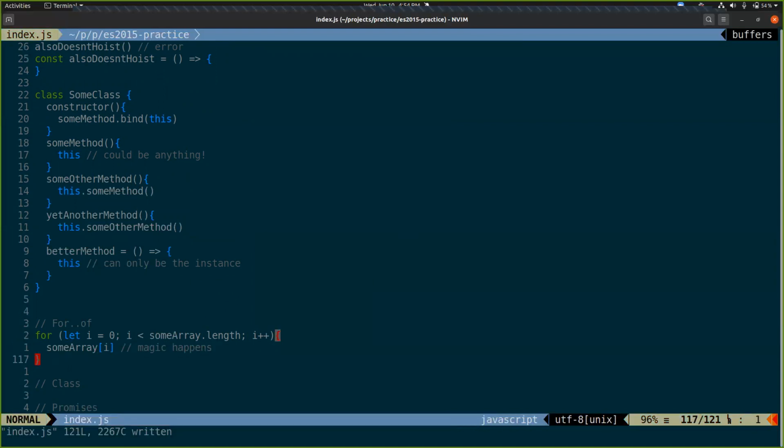Okay, so that's a traditional C for loop. Almost every C-style language has something kind of like that.